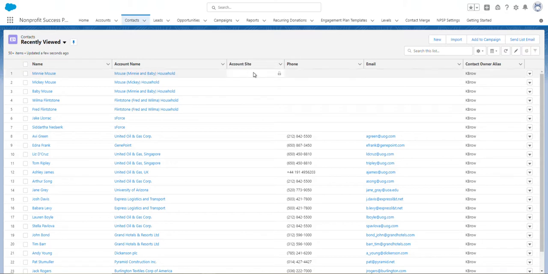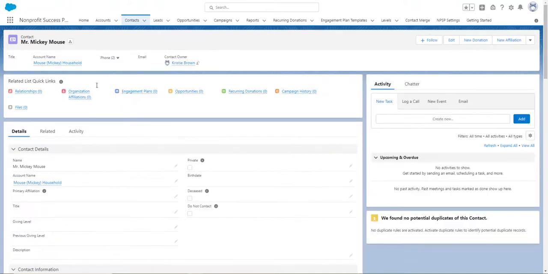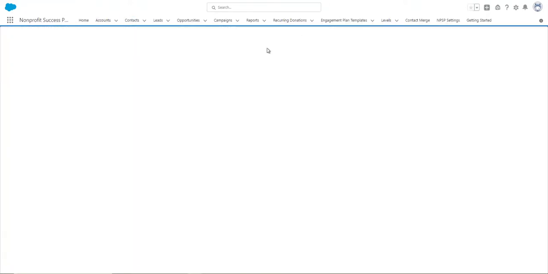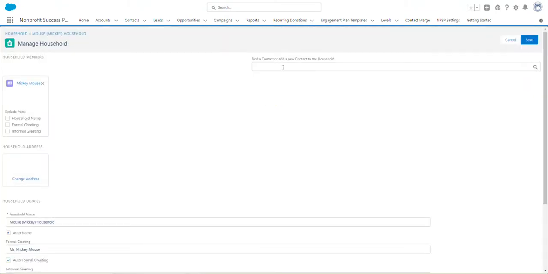I also want to show you, let's say that Minnie already had a household. So we had Minnie and her child listed as one household, but now they live with Mickey, they're married, we only need one household. So we're going to go ahead and click back on Mickey and go into the household, and we're going to manage the household. And notice this time when we search for Minnie,